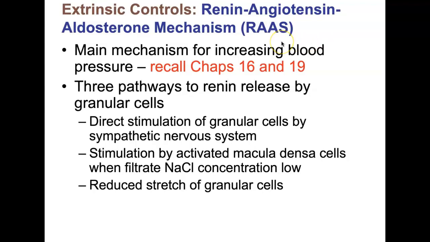And there are three pathways that can stimulate granular cells. The first one is the sympathetic nervous system. As part of the baroreceptor reflex, renal sympathetic nerves activate the adrenergic receptors that cause the granular cells to release renin. Secondly, you can also have activated macula densa cells. Low blood pressure or vasoconstriction of the afferent arterioles by the sympathetic nervous system reduces GFR, slowing down the flow of filtrate through the renal tubules. So when the macula